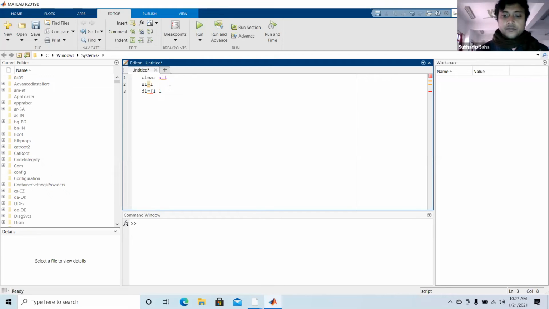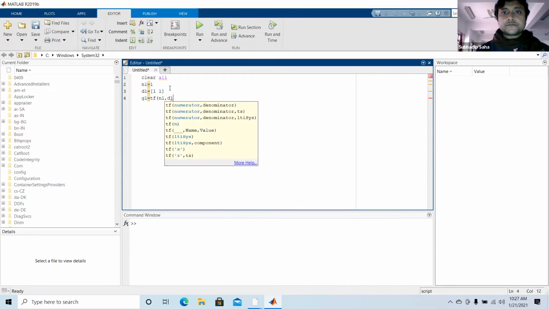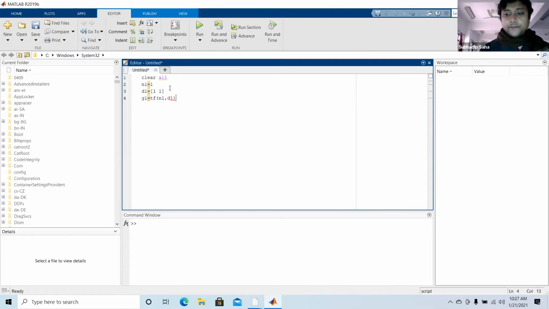So d1 equals in square brackets 1 space 1. Then g1 equals tf in bracket n1 comma d1. Okay. This g1 equals tf(n1, d1) will give the transfer function 1 by s plus 1.